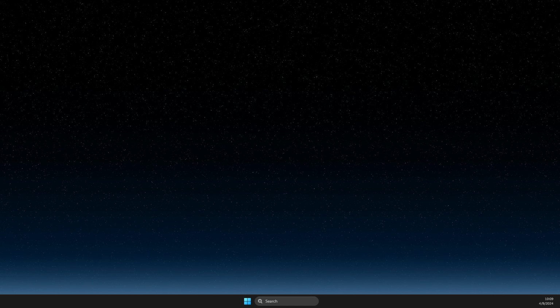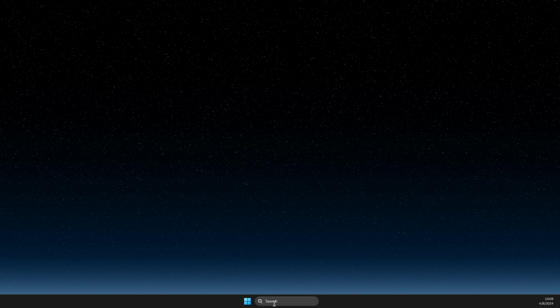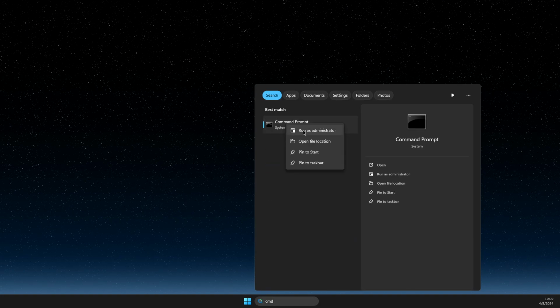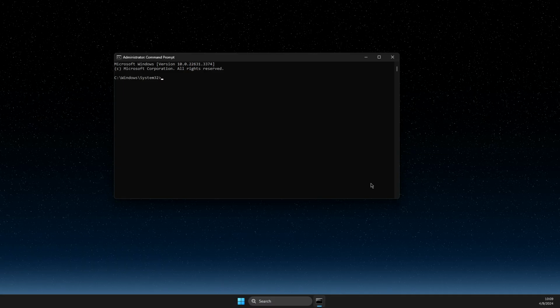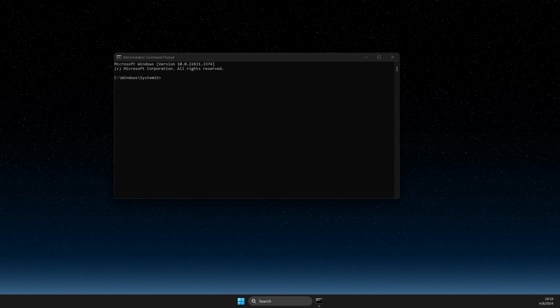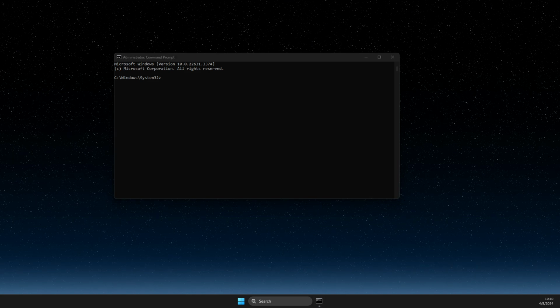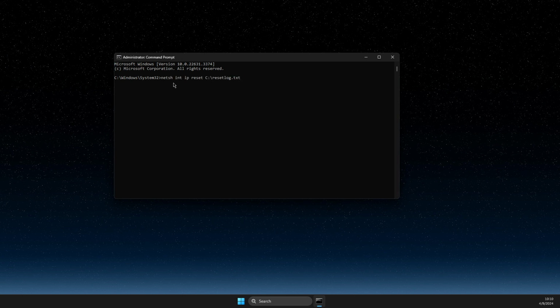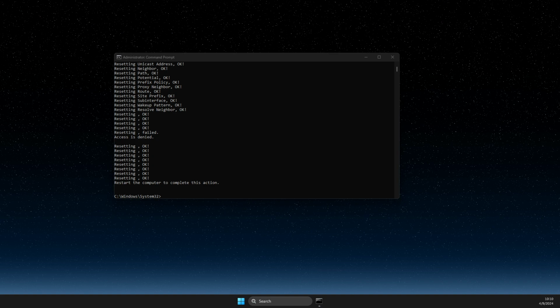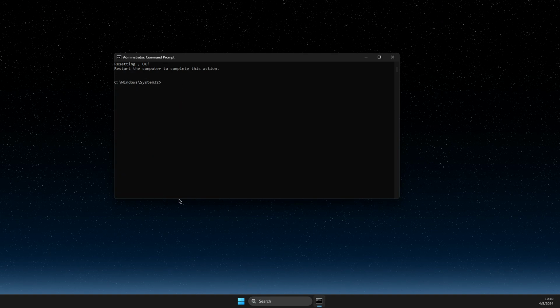So the first thing we need to do here, you need to open up command prompt or cmd as administrator. Right click on it, open as admin, and then you need to put a few commands here. The first one is this one. I will leave all the commands in the video description below so you can easily copy and paste them. And hit enter. Then you need to write this one,